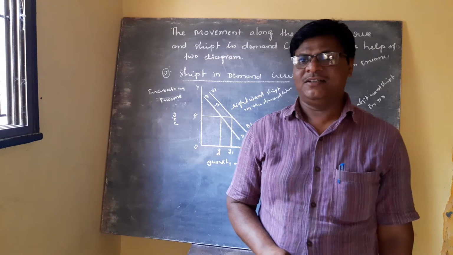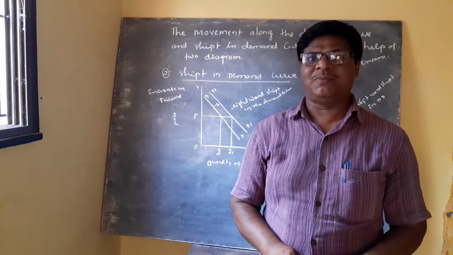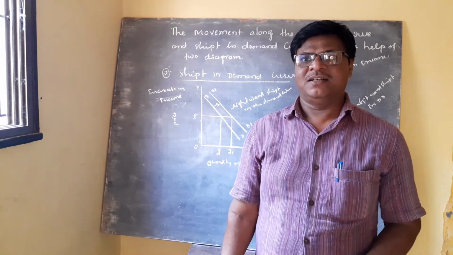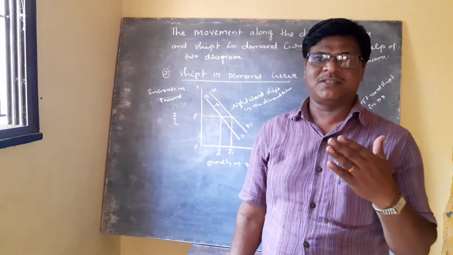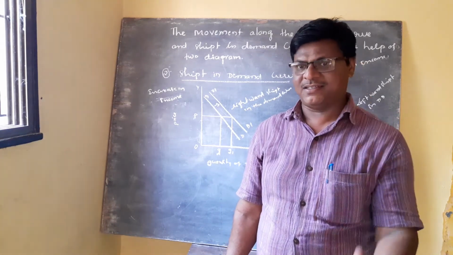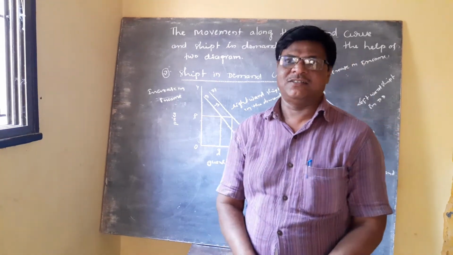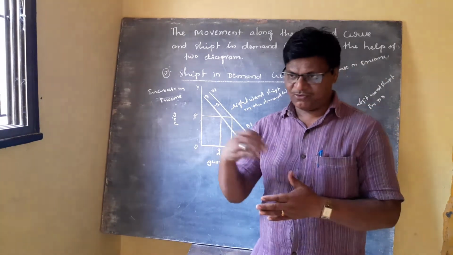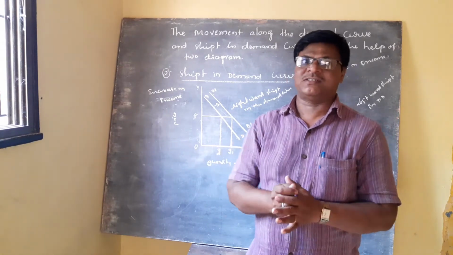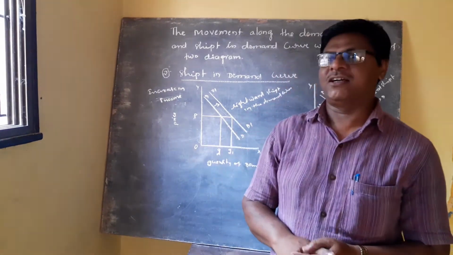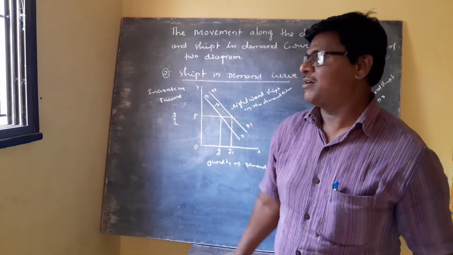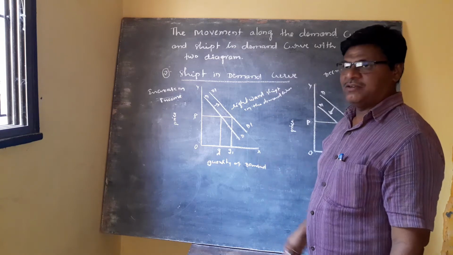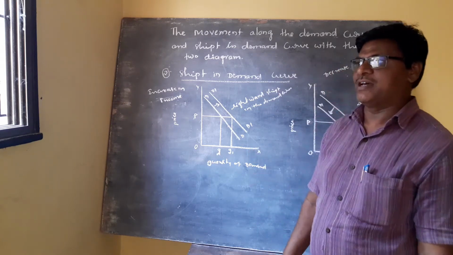Already we have studied that. But demand does not depend only on the price. Demand also changes with income, and the demand curve shifts leftwards and rightwards. It is a change in income of the consumers. The demand curve shows the shift in demand curves. We can understand with the help of two diagrams.